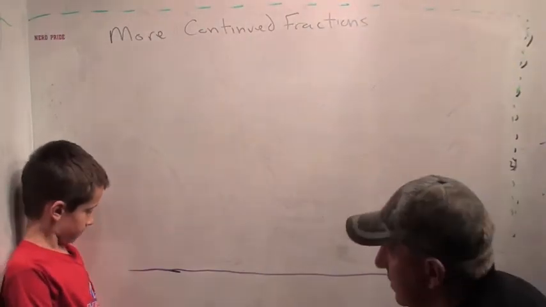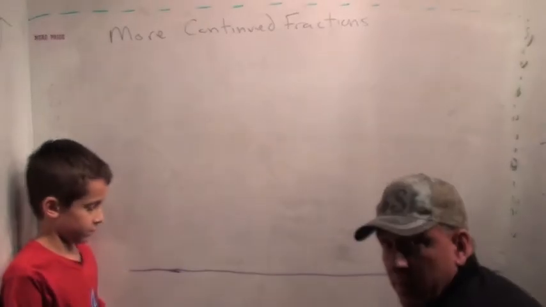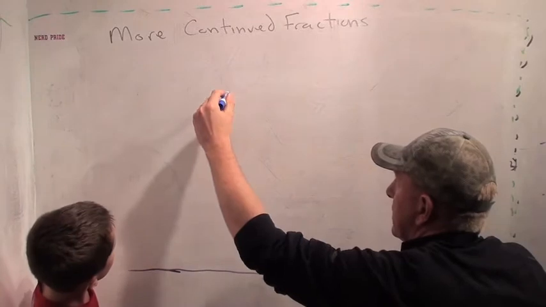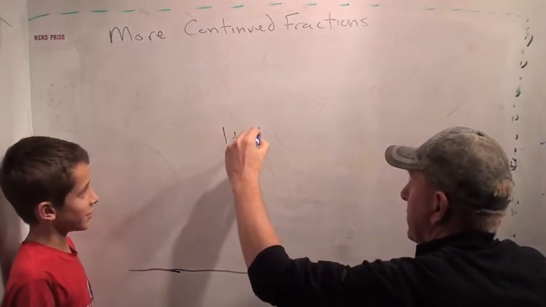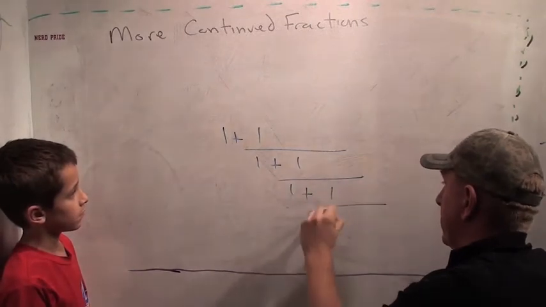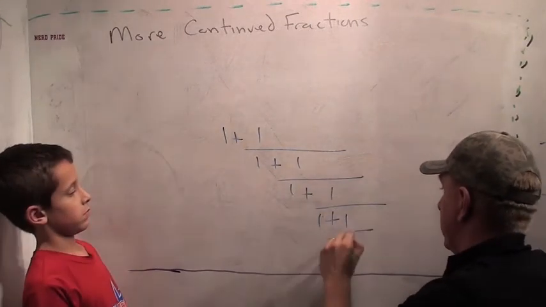We're going to do more continued fractions today. So yesterday, let's just review a little, real quick. Yesterday we wrote down the continued fraction that looked like this. I'll write it here. I'm just showing the Fibonacci numbers. 1 over 1 plus 1 over 1 plus 1 over 1 plus 1 over, and it went